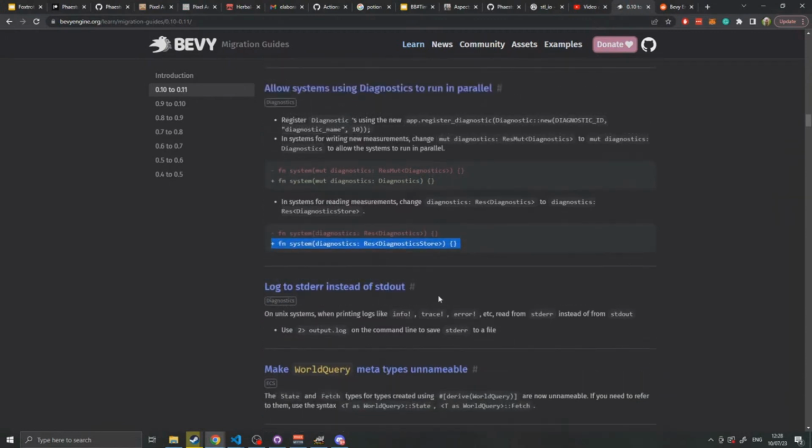Anyway, log to std error instead of std out. On Unix systems, we printed logs like info, trace, and error, etc. read from std error instead of std out. Use log on the command line to save. Oh, okay. So,